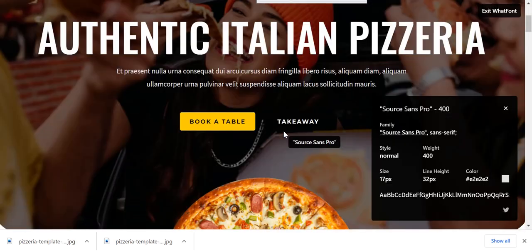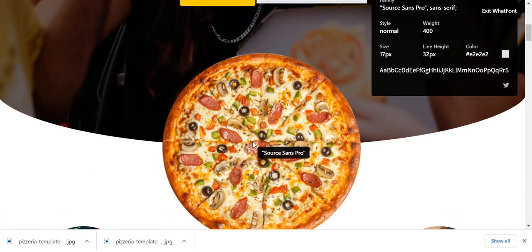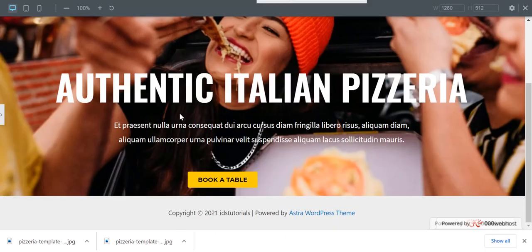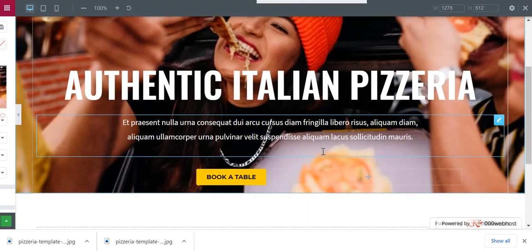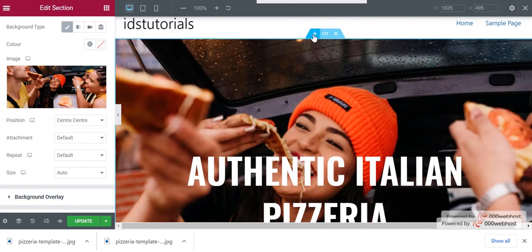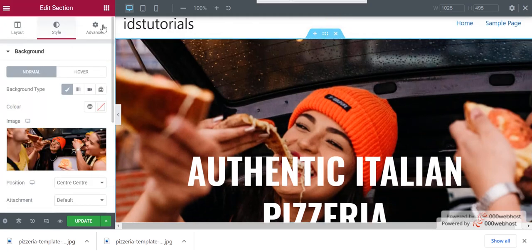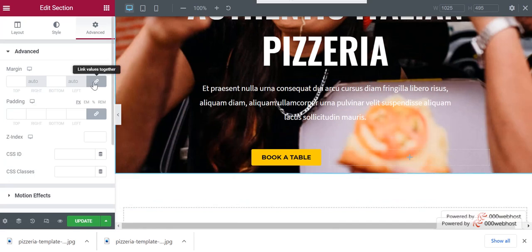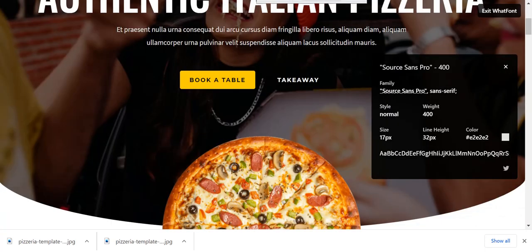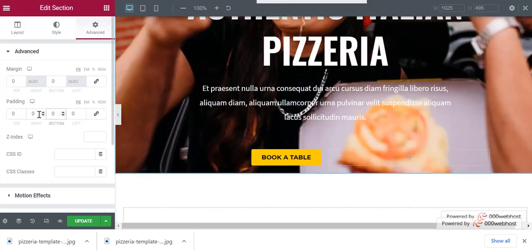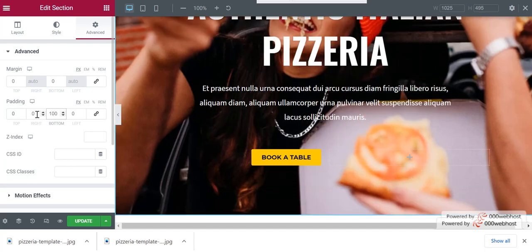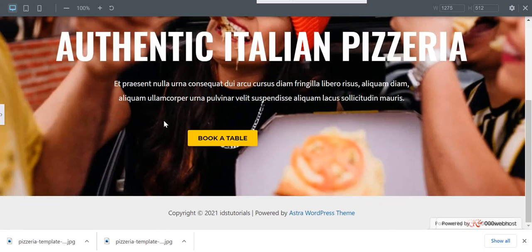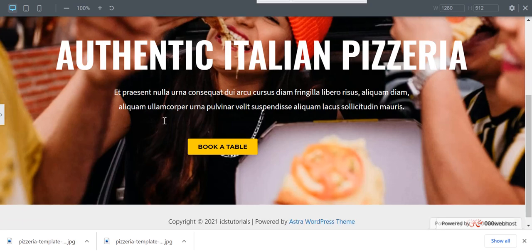Then here you can see there is a lot of space and an image also. So what we will do, we will add some space. So click on this edit section and go to advanced section. Now we want some space, so I will add some padding, so I will give it 90 or make it 100. Okay, I think it's good.